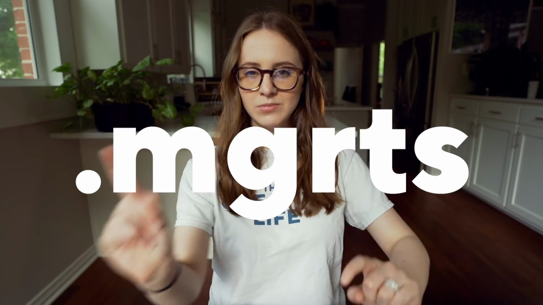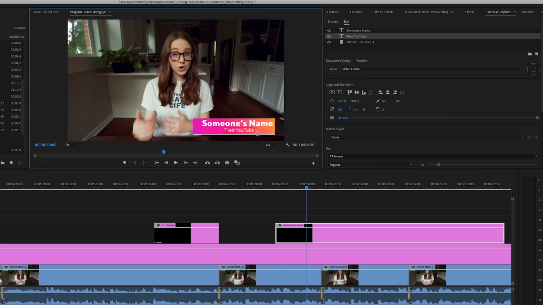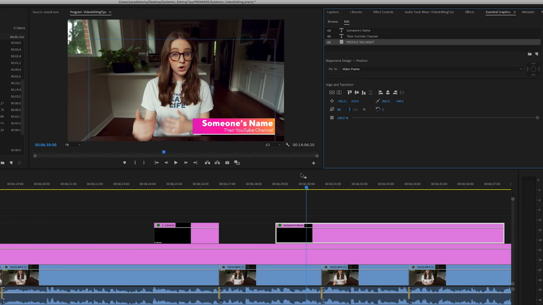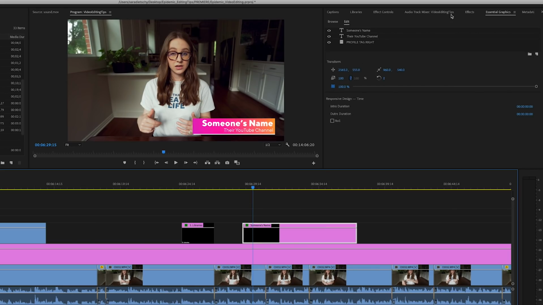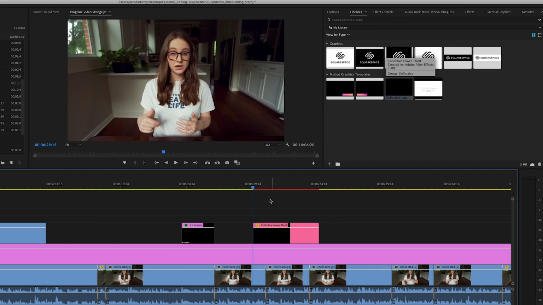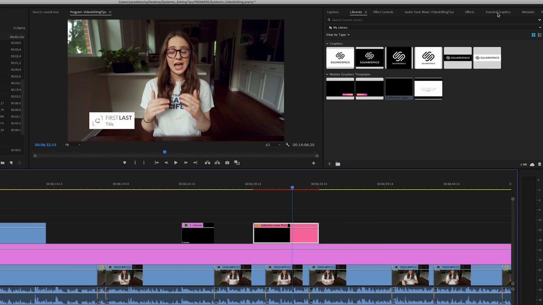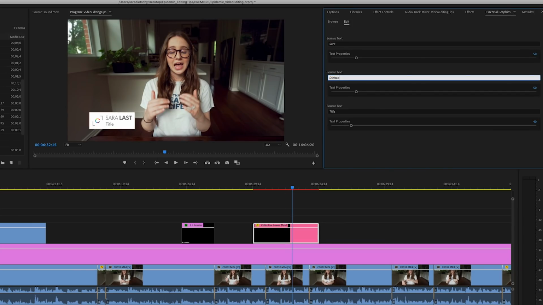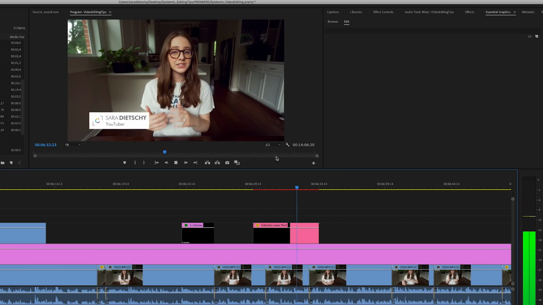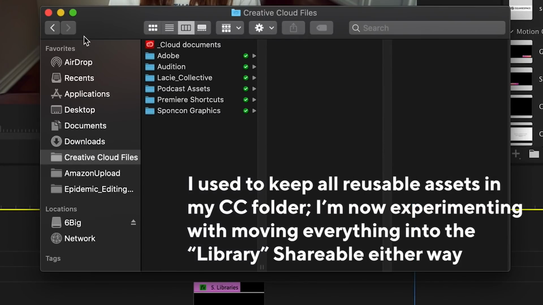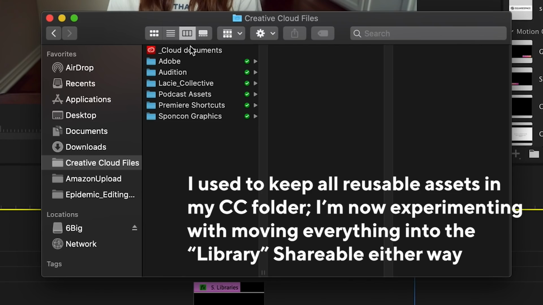the mogarts, or MOGRTs. They're basically little animations you can make, but they're also editable, depending on whose name you want in that lower third, etc. So I have many mogarts for different projects I'm working on that I reuse every single time. I'm telling you, it helps speed things up so much. I even put video clips of sponsors I have every single month. It's just there in my Premiere, ready to drag and drop, ready to go.